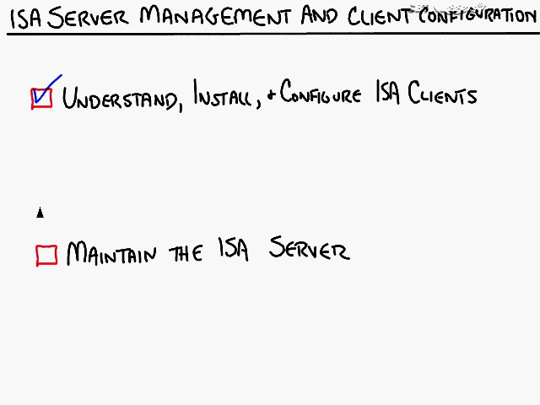The second major section, and there are many different sub-bullets under each one of these, is going to focus on maintaining the ISA server, backing up your configuration data, and making sure that your local address table, the LAT that we just talked about in the previous nugget, is accurate and changing it if necessary. Personally, I believe you're going to really love this section because, in my opinion, this is where